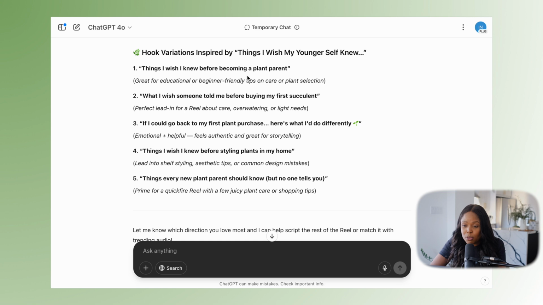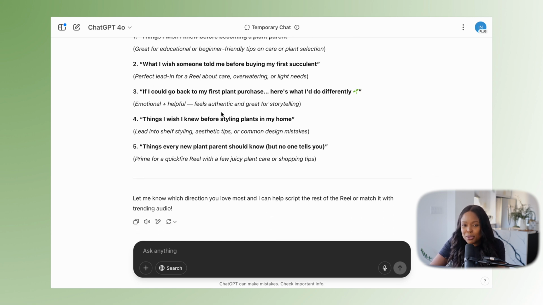So things I wish I knew before becoming a plant parent, great for educational or beginner friendly tips. What I wish someone told me before buying my first succulent, perfect for a lead-in reel about care, overwatering, or light needs. Look how simple that is. And then you could even use all 5 of these hooks if you'd like, and then create 5 reels from that. So you can see how ChatGPT can be really helpful in speeding up your workflow process, because from here,